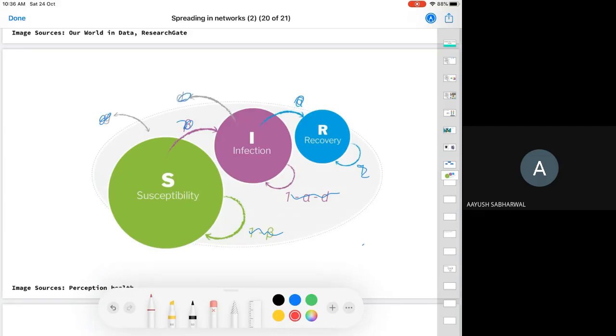It's a very logical explanation. You can apply it to the spreading of any disease. What we are going to do is divide our entire population into certain baskets. We have three baskets or three compartments here. One is a basket for the susceptible nodes.